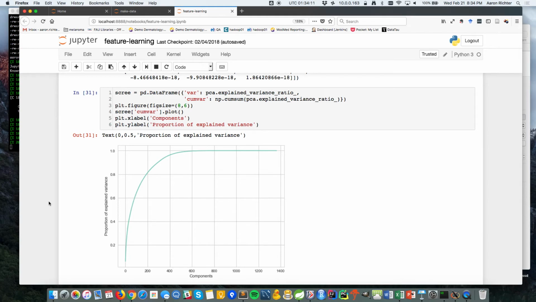And most of the time, you're going to see a nice, pretty kind of asymptotic graph here where you don't have to go to all 1,300 principal components because then you could just use your original input data. What you want to do is say, okay, where does this kind of start to level off? And in our particular case, we can go anywhere from 200 to 400 principal components, and it explains a significant proportion of our variance in the data.